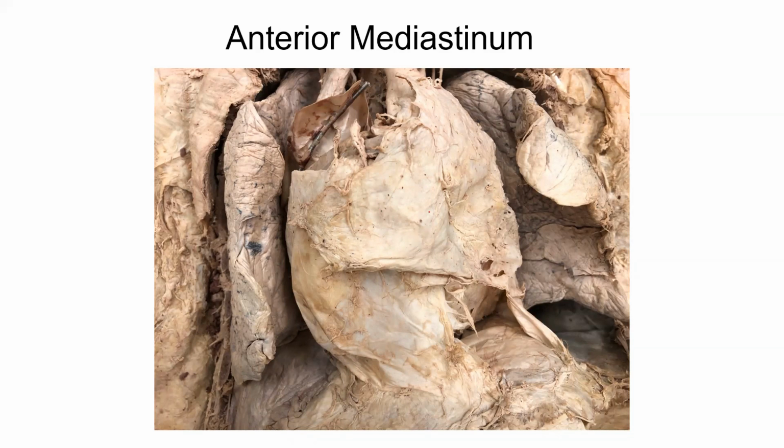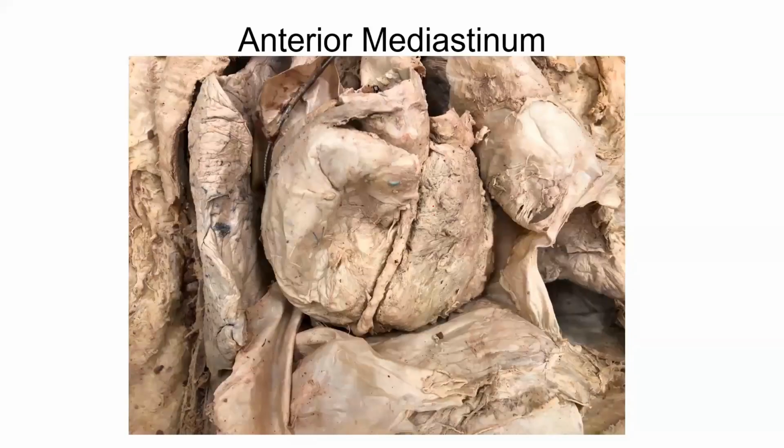But this year we have some older cadavers, and so we don't have much of that thymus preserved. All right, so retracting this pericardium again, we can look at some of these deeper structures. And so what we're seeing here is this very large right atrium. And I'm going to talk about some of the abnormalities in this heart, because this heart was a 90-year-old cadaver,